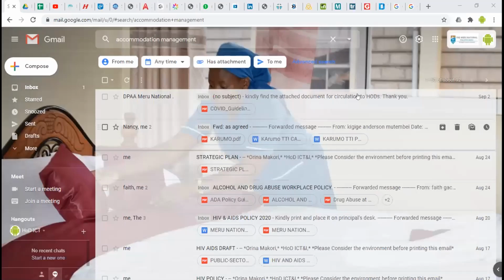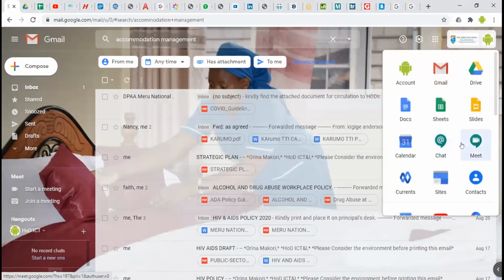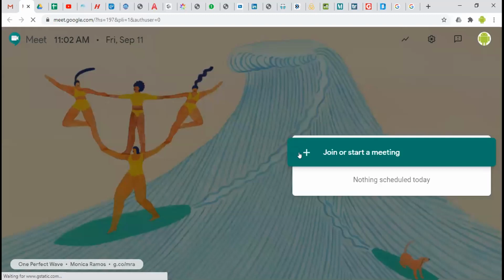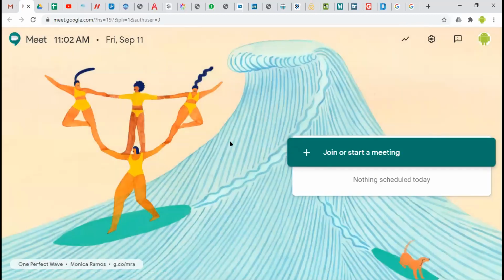The same way, you are going to meet using this button here. So Meet. You can see this one looks slightly different, but you're doing just the same thing. Then on the right hand side, it is giving us a button where we can join or start a new meeting. And if you had scheduled meetings, they can appear here. So this one looks even better than the other one. You need to go to G Suite so that you can get all these functionalities.